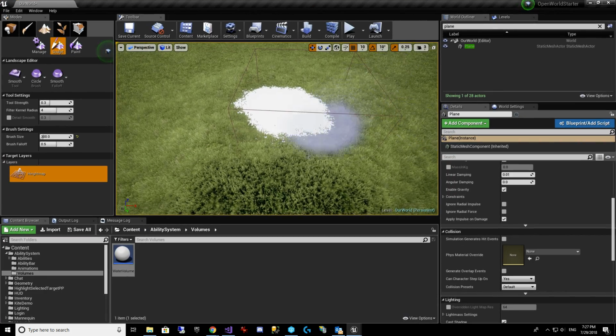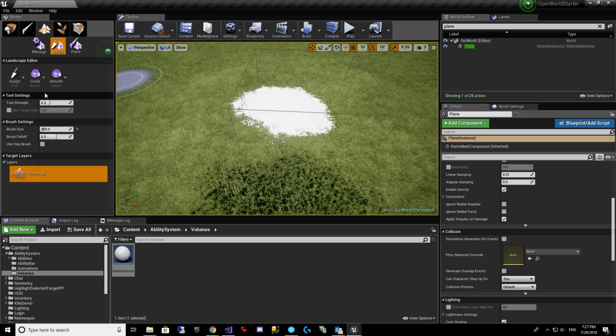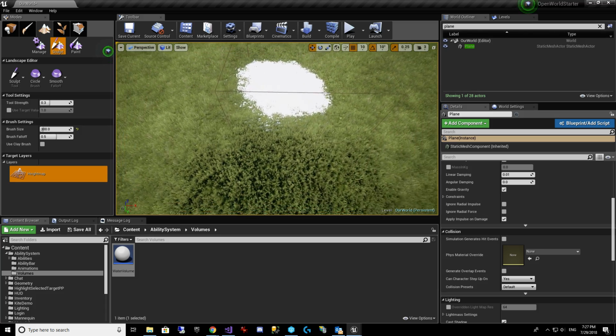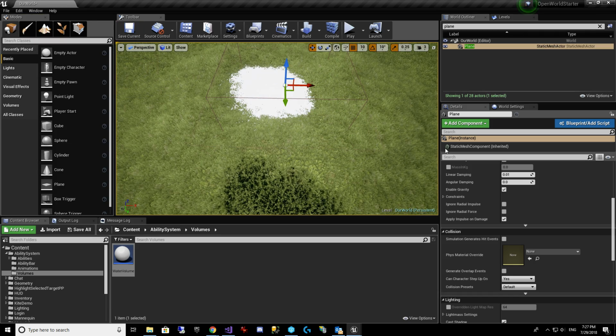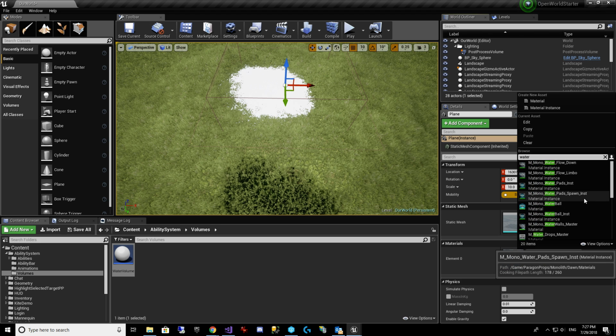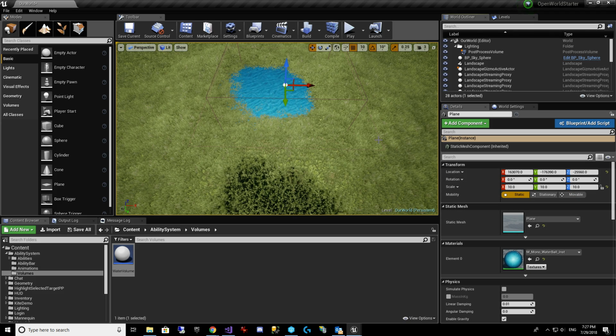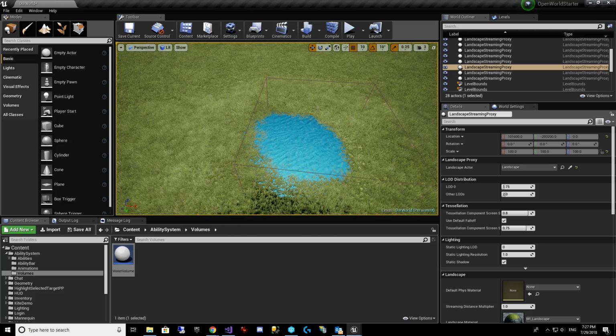Oh, that's okay. I think we missed this side here. Let's come up a little. Okay, so we got hopefully a little bit of a pool there. We'll then go and adjust our thing to match that size. And I found there was a little bit of a water material here. Water. Okay, this water ball one's got some kind of weird vertex shader to it, so use this water ball instance. And you got a little bit of a water thing there, and then we'll take this, which was our water volume,